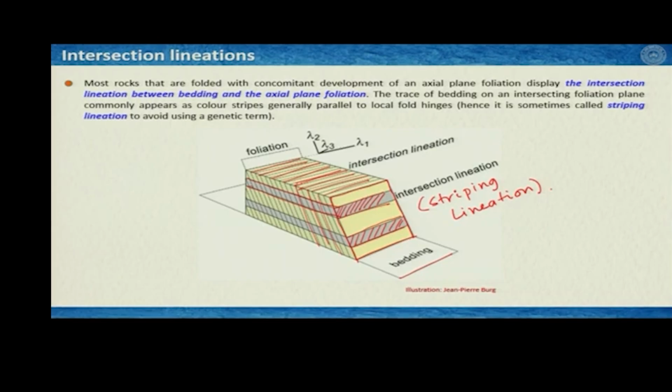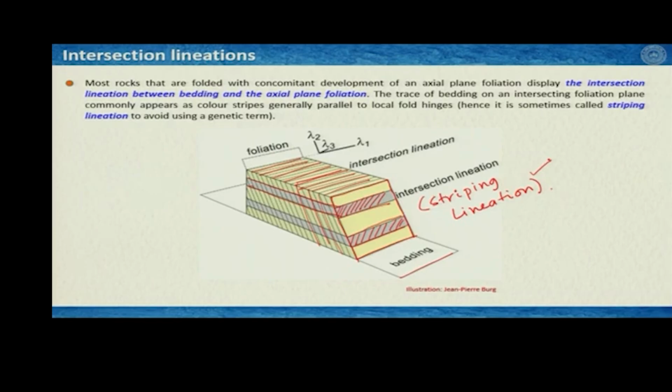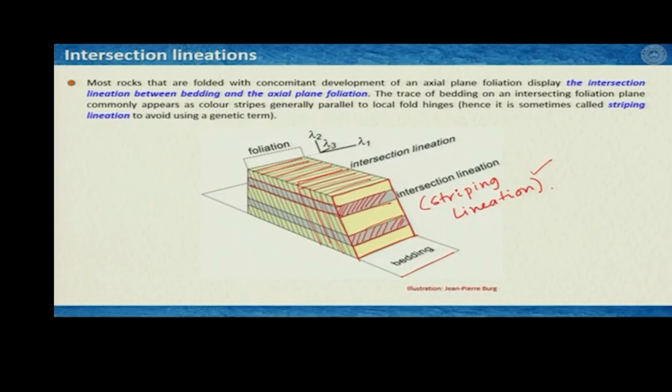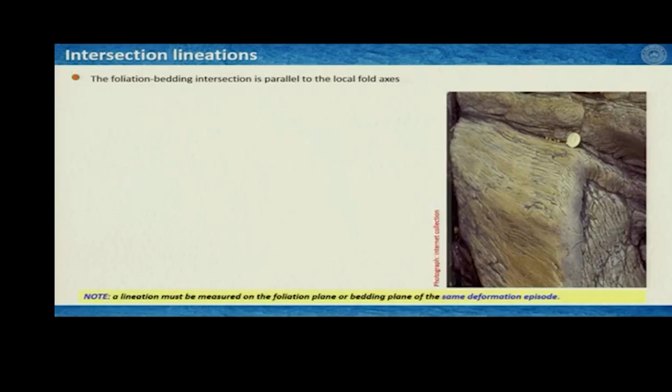Intersection lineation on the foliation plane would give you striping lineation of the bedding planes, and intersection lineation on the bedding plane would give you the traces of the foliations itself that define the lineation. Now, this has a very interesting significance with the fold morphology. So, how does it work? We will look at this image later, but let us figure out the fact that if we have a fold like this,